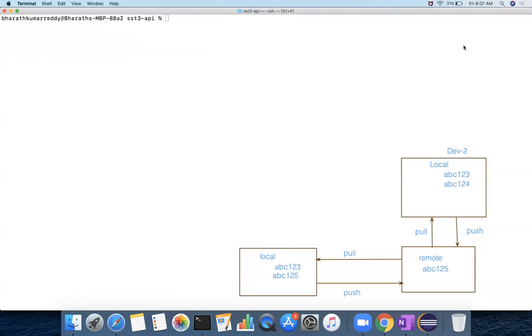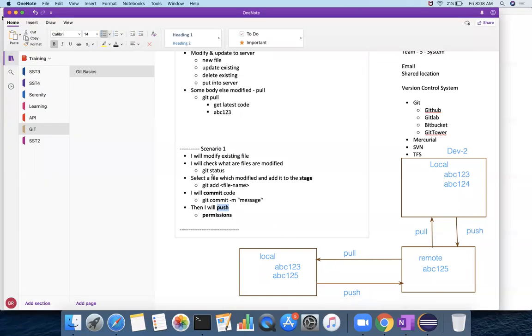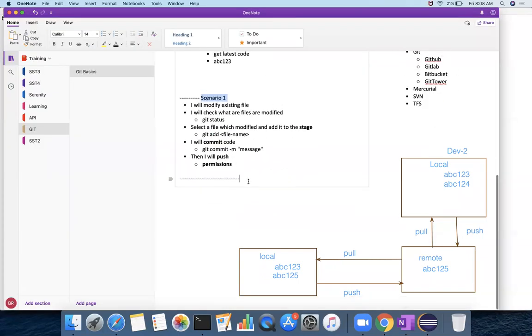Now we will take the second scenario. What is scenario 2? Scenario 2 is: developer 1, dev 1 modifies the code, commits the code.